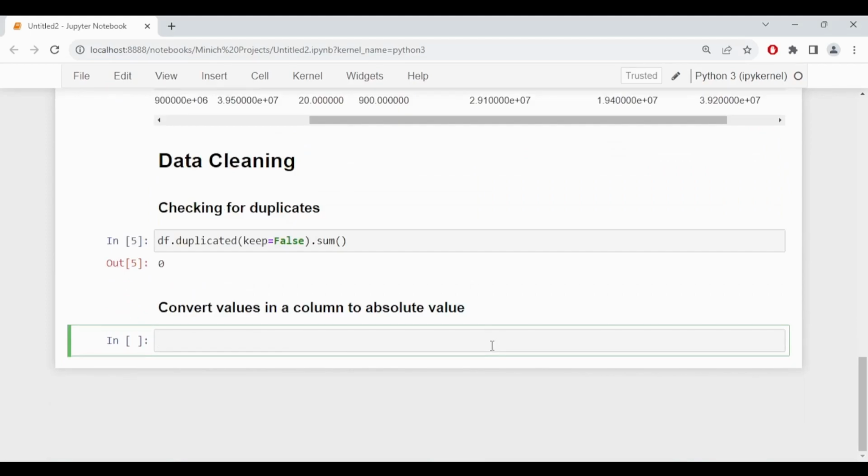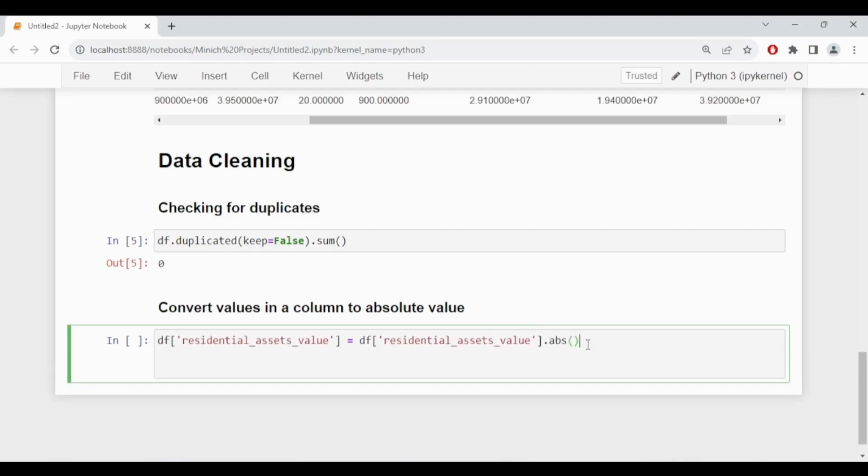So in that case, what we will be doing is that we will be converting values in a specific column, that is the residential asset value column, to absolute values. And this is how we will do it. We are using the absolute method in pandas. So we are applying the absolute method targeting the residential asset value column, and our output from that